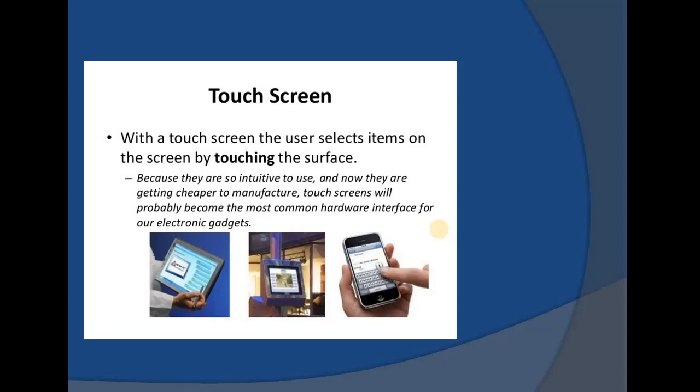Even in post offices or insurance companies, touchscreens are nowadays used to get to know our policy, when our policy is going to terminate, and when our renewal is. All that information we can get with the touchscreen. So basically they are used to give guidance or to support customers.